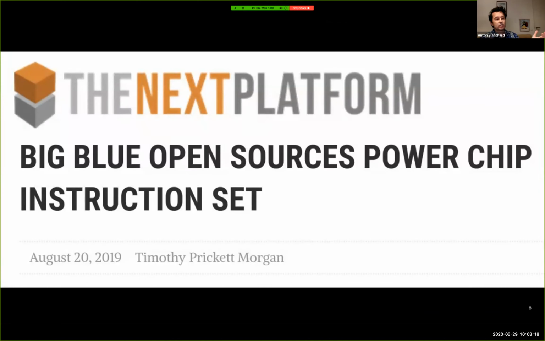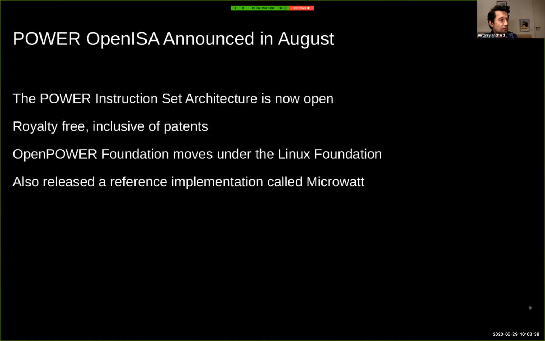Now at that stage, the next logical step was to look at what else should be opened. And back in August last year, that was where IBM decided to open up the architecture. And so I was involved around some of the decisions around opening the architecture. And at the stage, we were also talking about, what else can we do? And what were some of the ideas that we could bring around the announce?